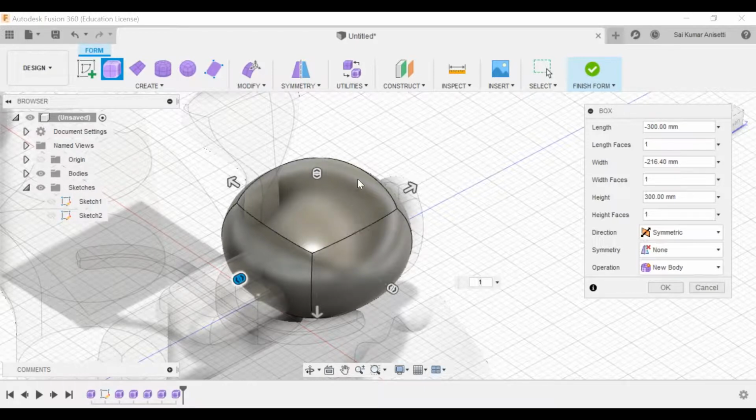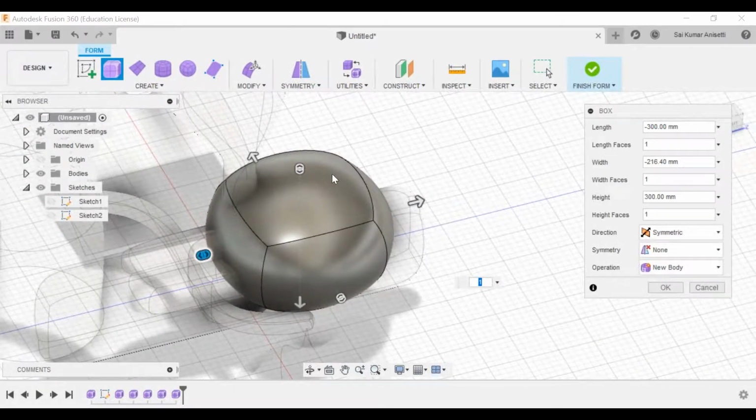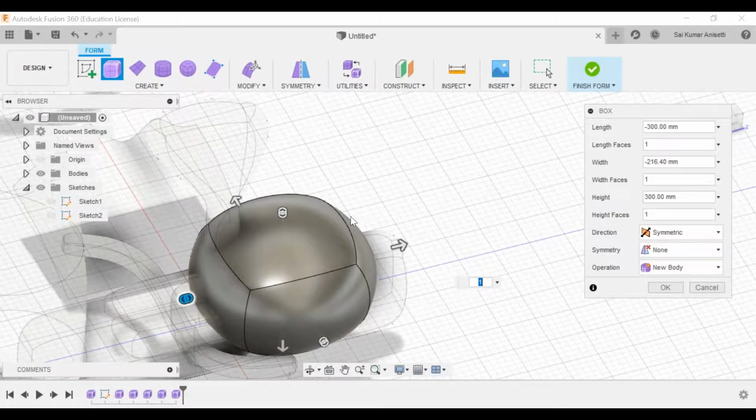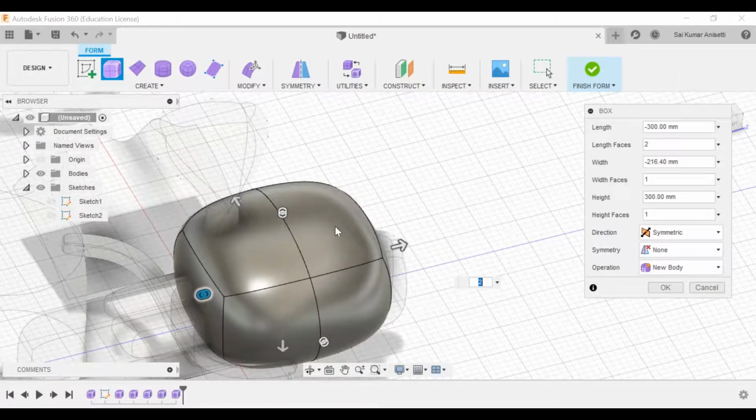Because if you want to change this particular shape, I mean, if you want to create anything with respect to one half over here, for example, if you want to do modifications only to the left portion of it, make sure you keep at least two faces, so you can catch this face and modify it. It all depends on your final product, what you want to make. Depending on that, you will decide the number of faces.